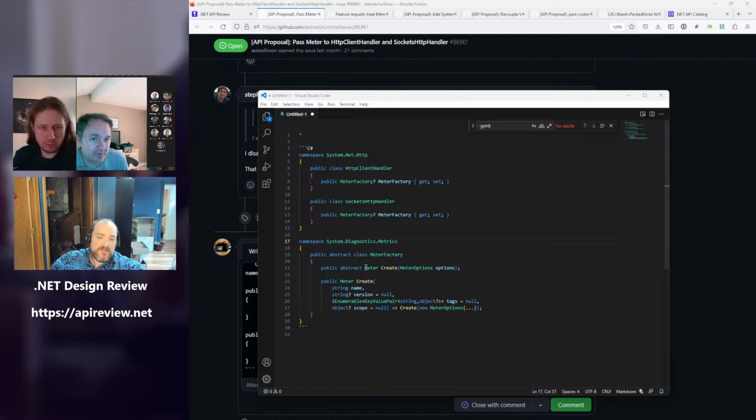The only question I would have of what's on screen here, if this was proposed by something else, and I'm aware that I'm the one who wrote it, is: do we want it to be public abstract Create, or do we want it to be protected abstract CreateCore? The only thing we would do here, I think, would be verify that options wasn't null and options name wasn't null. So maybe that's simple enough that we don't care what the implementations do.